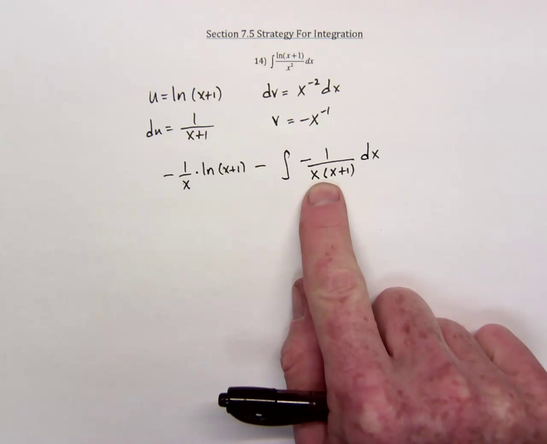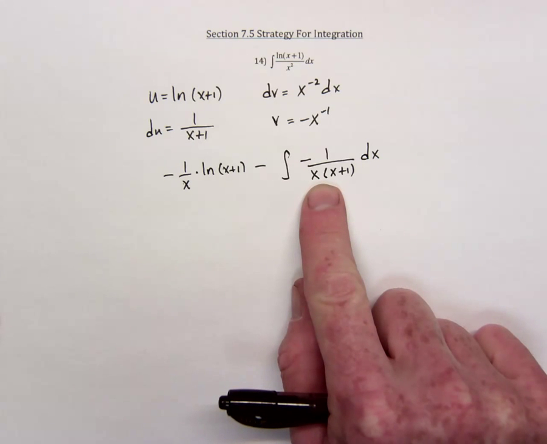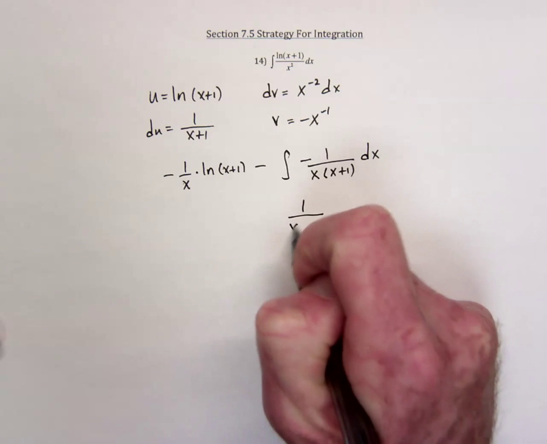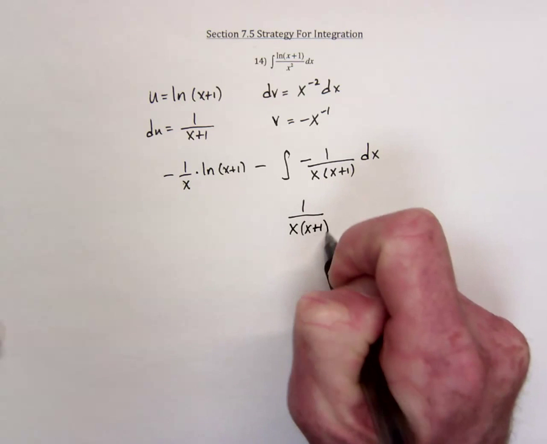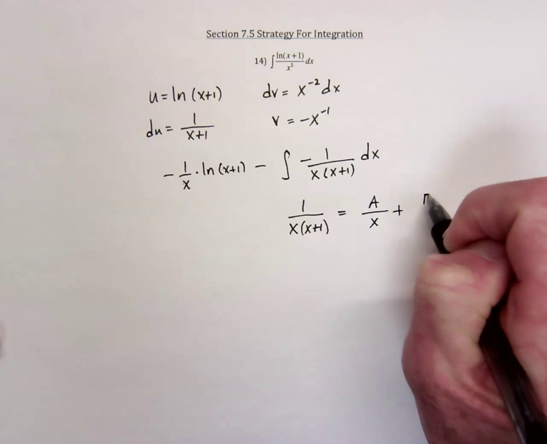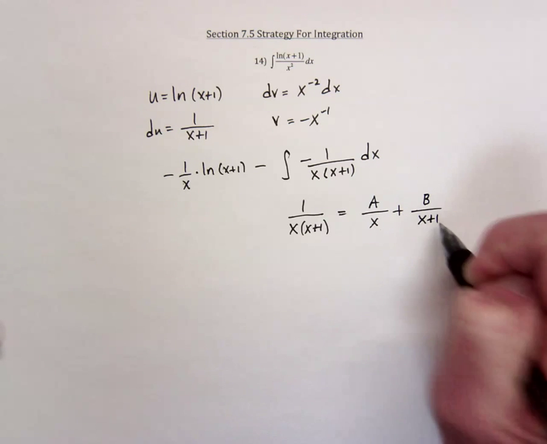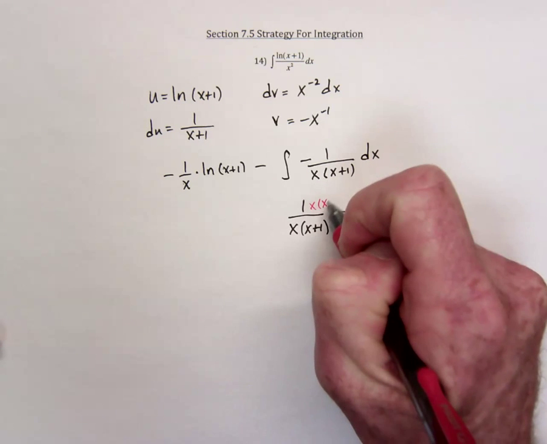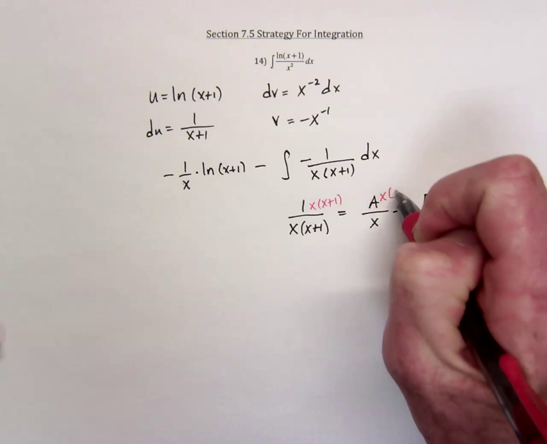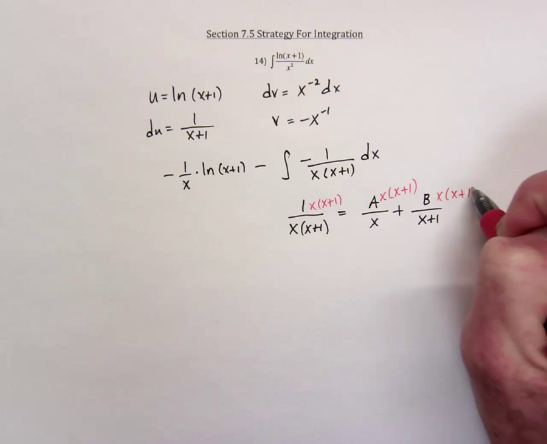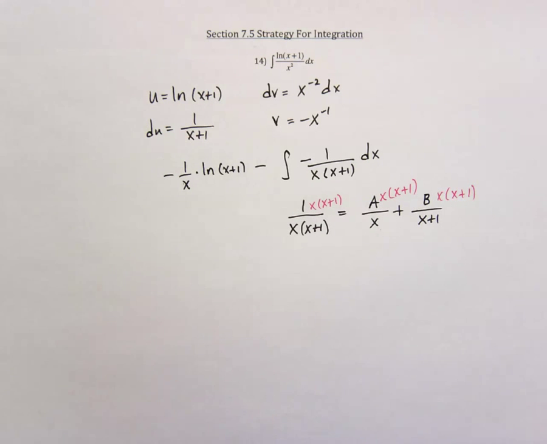And since the denominator is factored, then it would be a good idea to use partial fractions. So I'm just going to work on the algebra for a moment. 1 over x times x plus 1 can be rewritten as a number over x plus some number over x plus 1. Now multiply through by the least common denominator, x times x plus 1, and